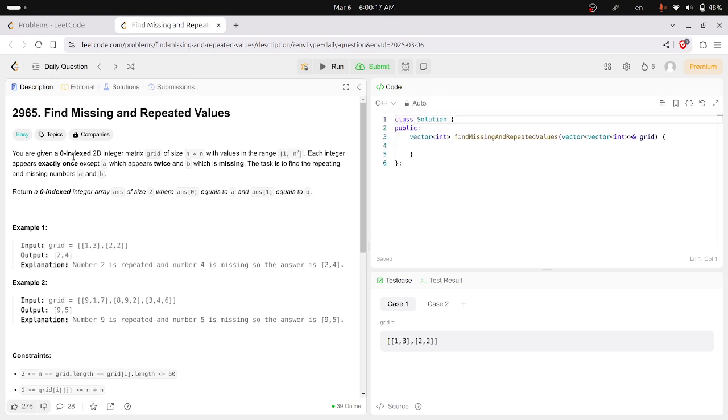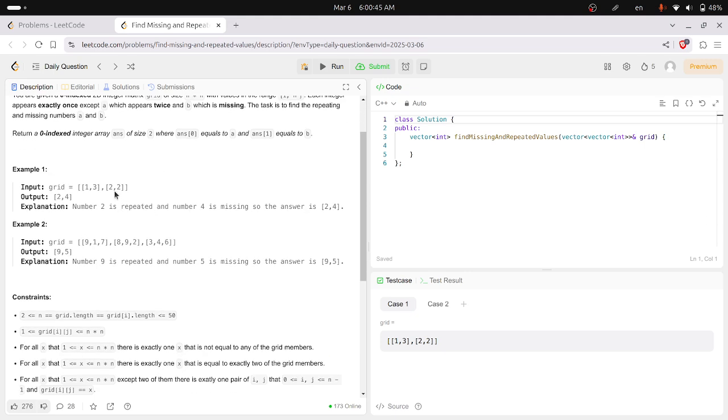You are given a zero-indexed 2D integer matrix grid of size n times n with values in the range 1 till n square. Each integer appears exactly once, so distinct, except a, which appears twice, and b, which is missing. The task is to find the repeating and missing numbers a and b. Return a zero-indexed integer array answer of size 2, where answer[0] equals a and answer[1] equals b. So I will have to find the